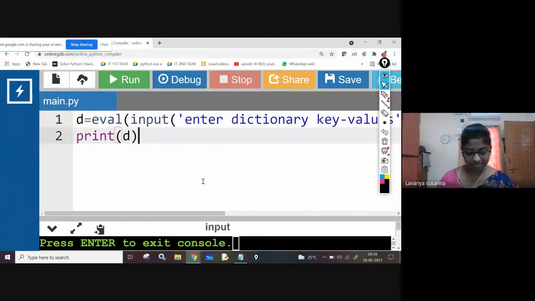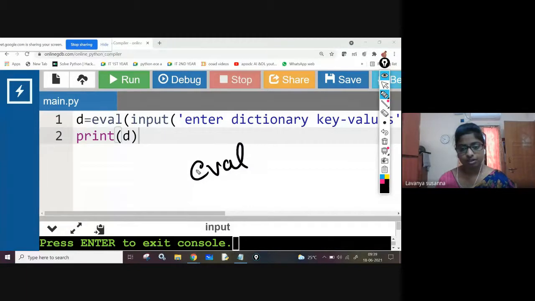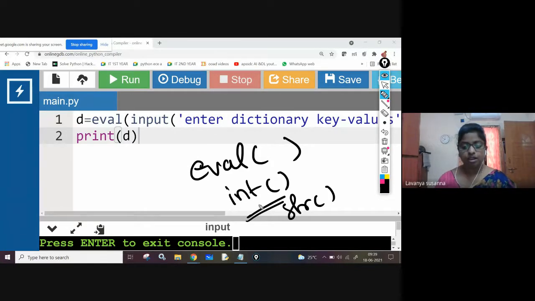Remember that. Just a recap of the eval function. What will this eval function do? There are functions like int and str. What will the int function do? It will convert into integer. What will the str function do? It will convert into string. Like that only. What will the eval function do?